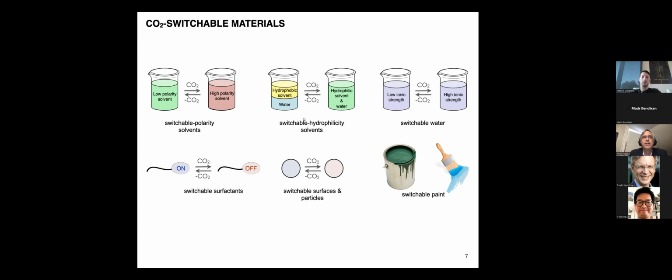We have switchable hydrophilicity solvents. These are things that are kind of like hexane. If you mix it with water, you get two phases because the solvent is hydrophobic. But if you add carbon dioxide at 1 atmosphere, suddenly the solvent is miscible with water in all proportions or most proportions, like methanol in water, for example. And so that's really useful for lots of different things because these solvents can be removed from any product by just extracting it out with carbonated water.